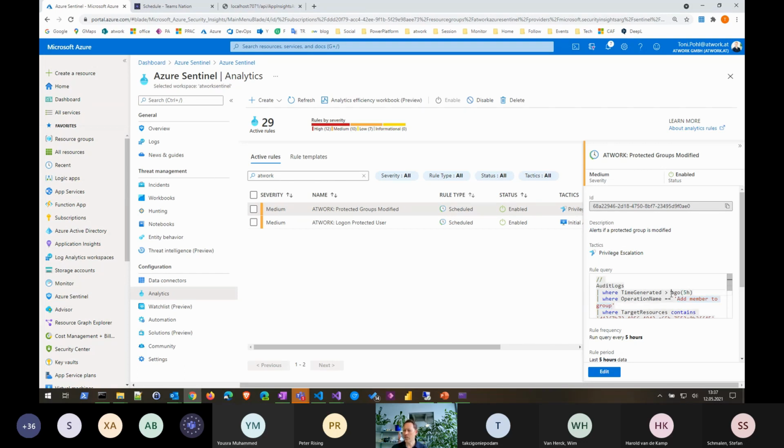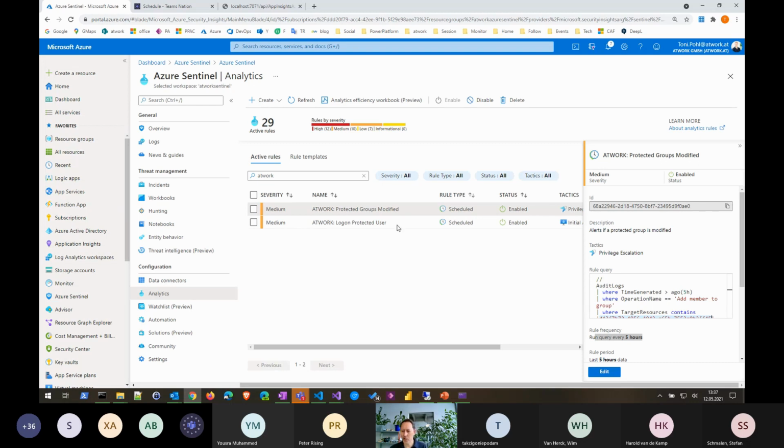And we say that must have happened in the last 5 hours, and this runs every 5 hours, so that I have a full audit of all the operations where a user has been added to a specific group. In my case, the group, that's the GUID of the group, for example, and that the user principal name is a specific one,